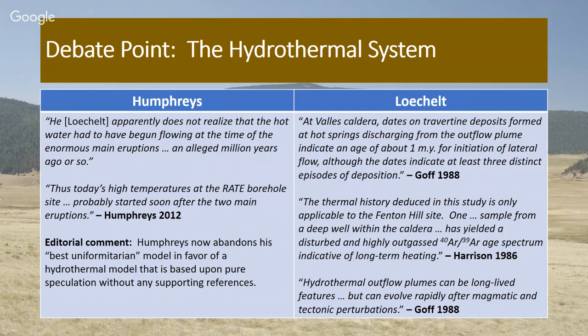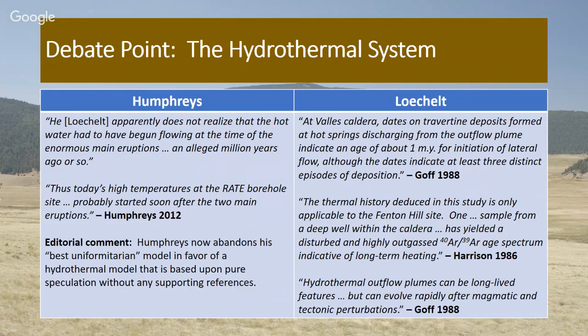Remember his original thermal model that he published in the RATE book, he abandoned because I demonstrated that he was reading graphs backwards. So then he tried to create a hybrid model using pieces of the other graphs and presenting that as his model. And then I showed that there was data falsifying that because his hybrid best uniformitarian model required a magma chamber of a certain size that physically has not been found. So it's been invalidated. So now he is no longer defending his best uniformitarian model.